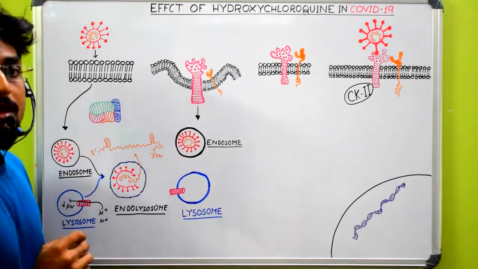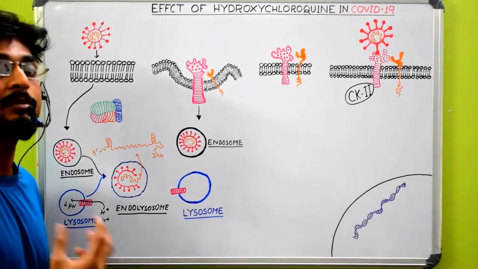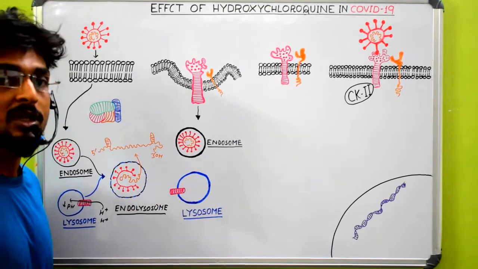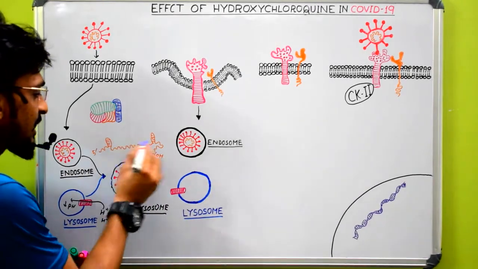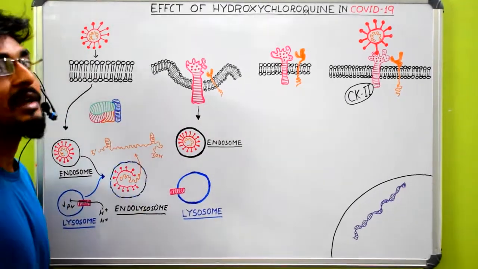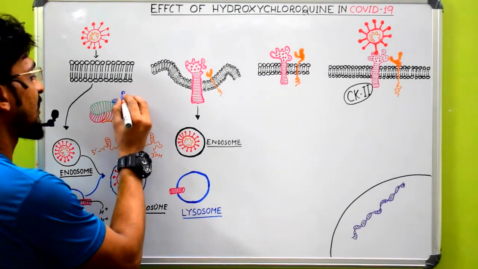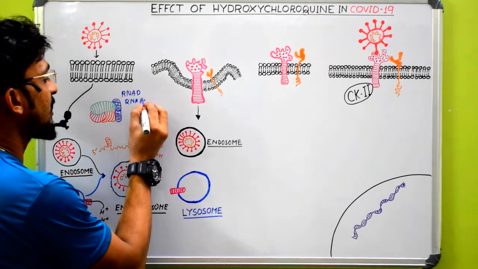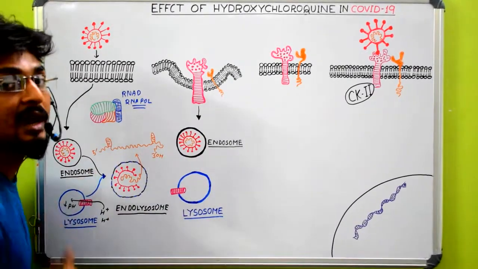This RNA will go for the RNA replication process, that is the synthesis of multiple copies of the same RNA. The other will be protein synthesis, that is the non-structural polyprotein synthesis, which is not concerned in this topic. Once this RNA is produced, it will be used by an enzyme known as the RNA dependent RNA polymerase. This enzyme will help in RNA replication.